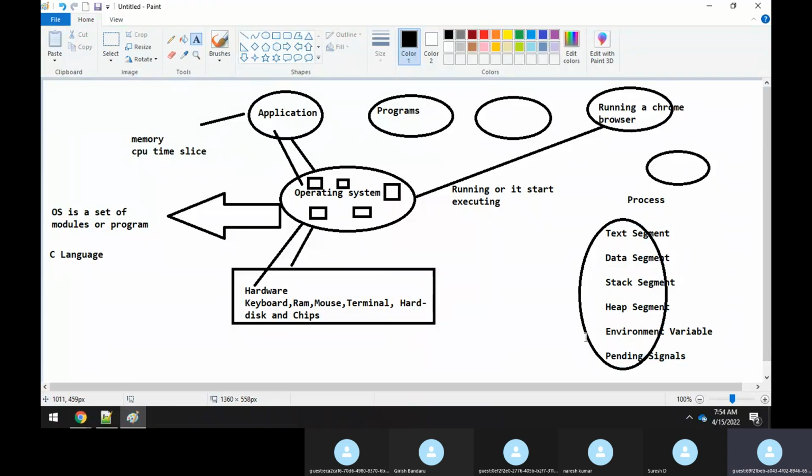Each and every process holds all this information: text segment, data segment, stack segment, heap segment, environment, and pending signals.